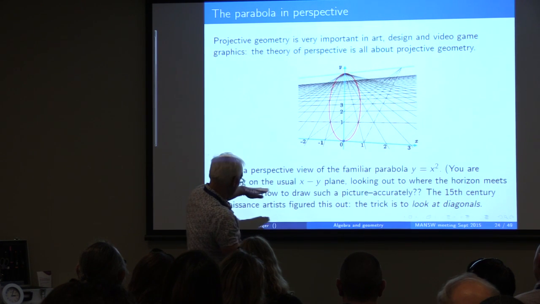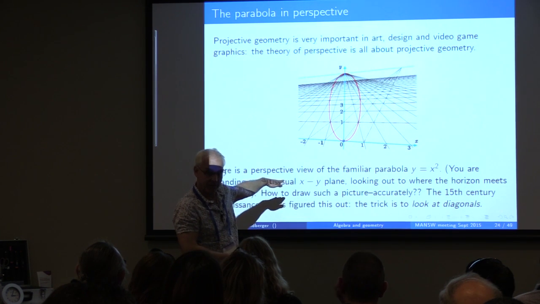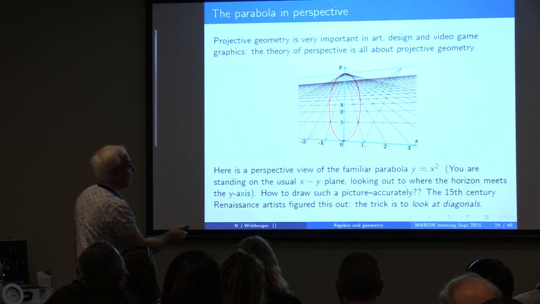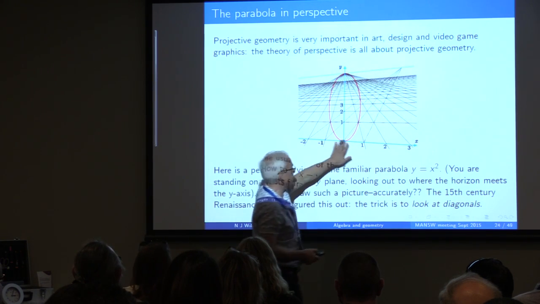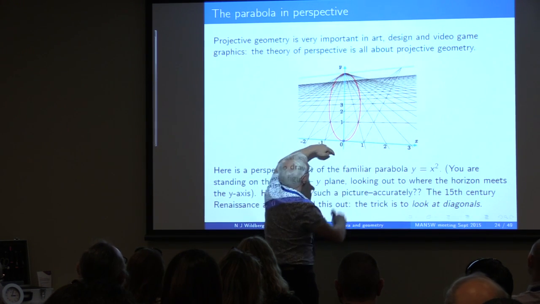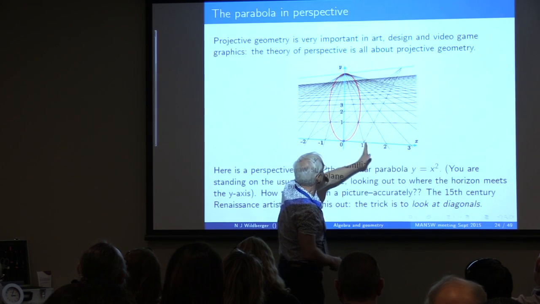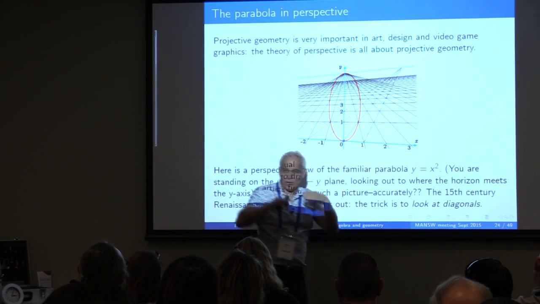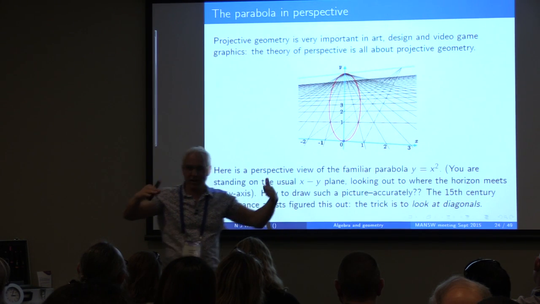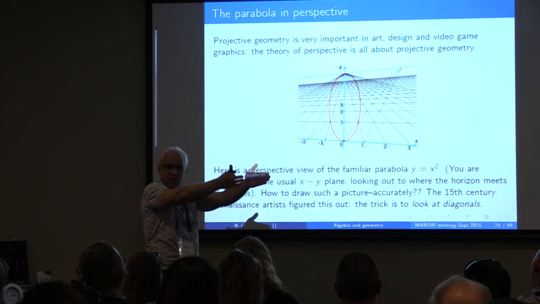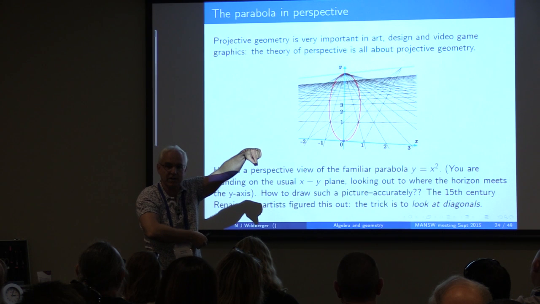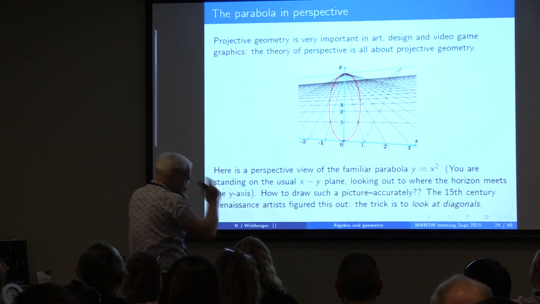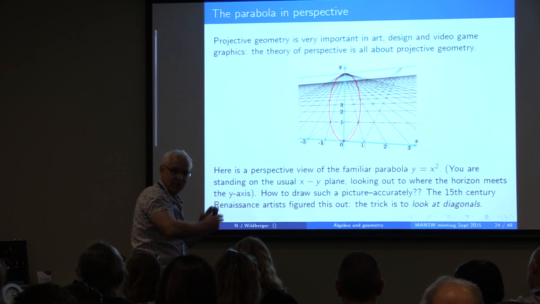Well, as we look out to the horizon, there's a horizon. That's up here. So we're standing here behind the x-axis, so we're looking out. Here are these various grid lines. That's x equals 1, x equals 2, x equals 3. These lines are all parallel, so when we look at them in perspective, in real life, they will be like railroad tracks. They will converge to a point on the horizon. If you actually looked at them, that's what you would see.